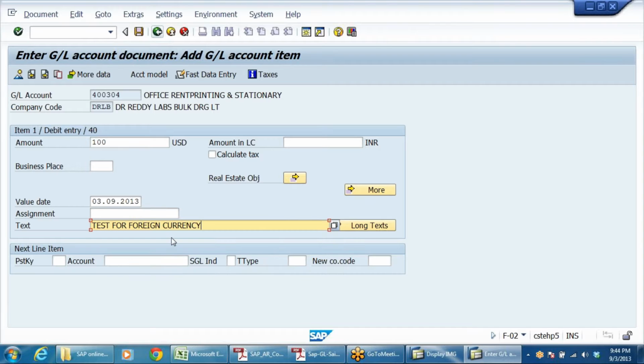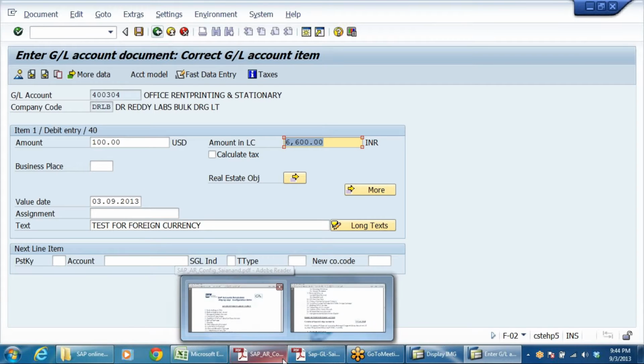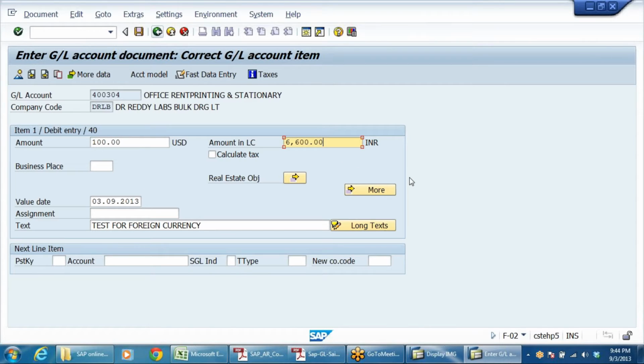Test for foreign currency. Just enter. See here, what is the rate it will take? See 66 we have given. So whatever the table rate that we have given, system is taking that rate. 66. Right? Can we give multiple rates like buying rate, selling rate, and average rate?